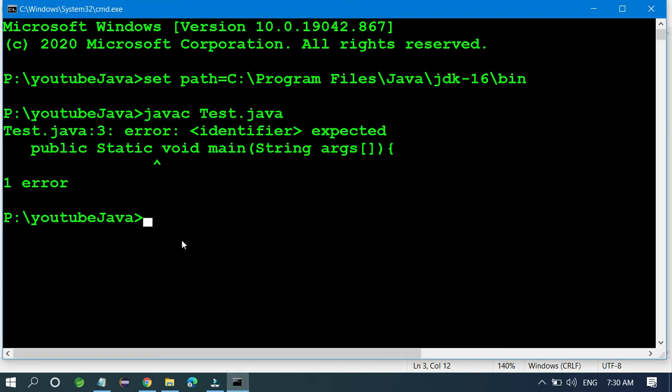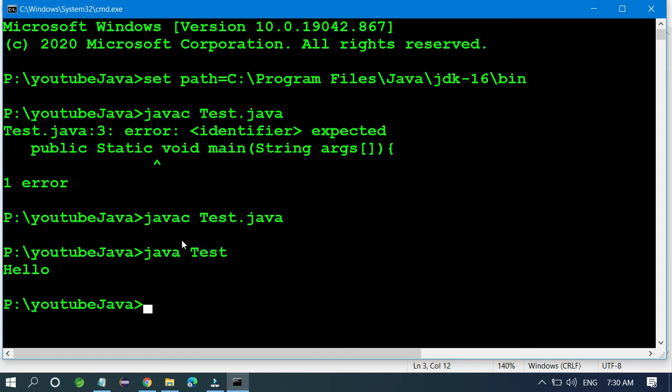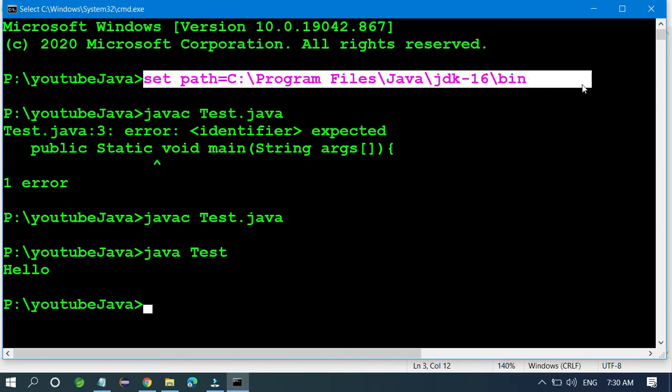Come back again and just click the up arrow. You get the same command, and now this is compiled and I want to run it. So java Test. Finally it's printing hello.